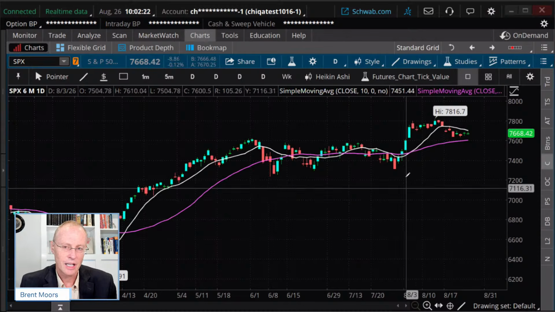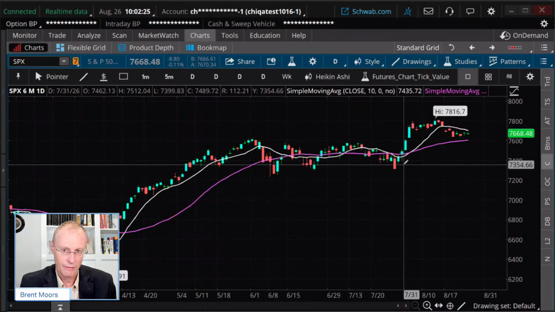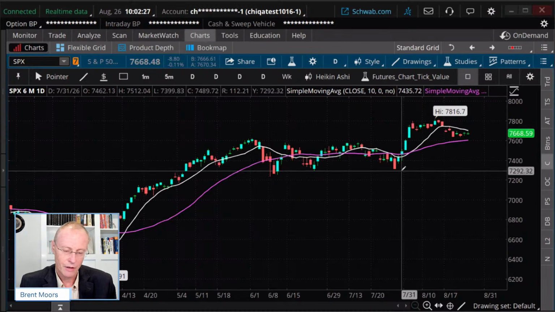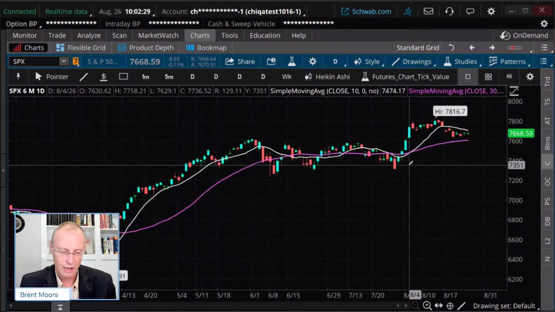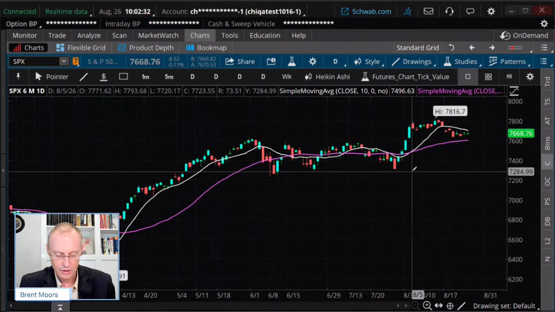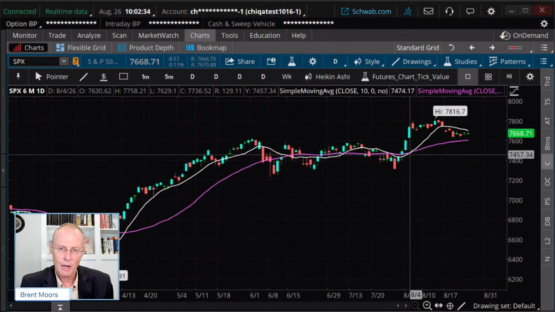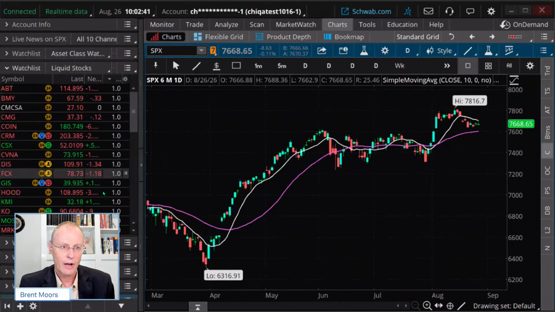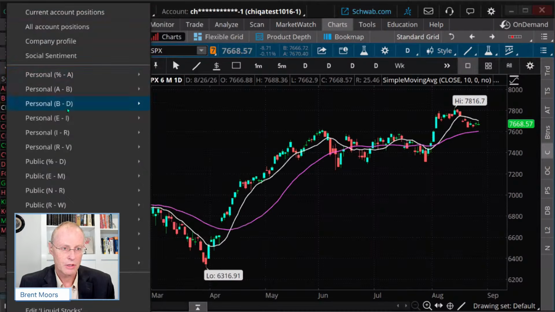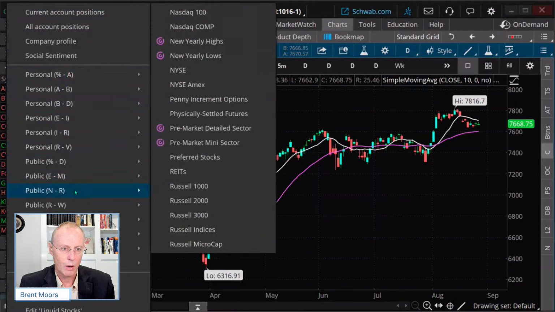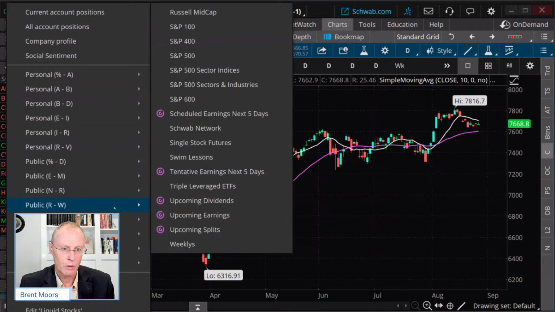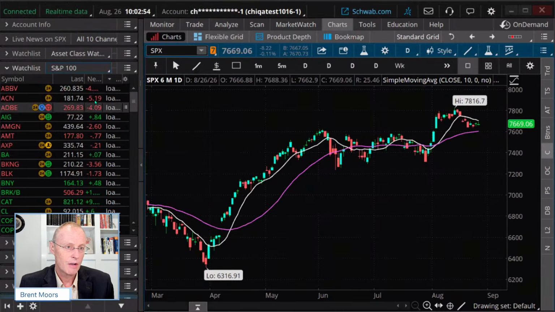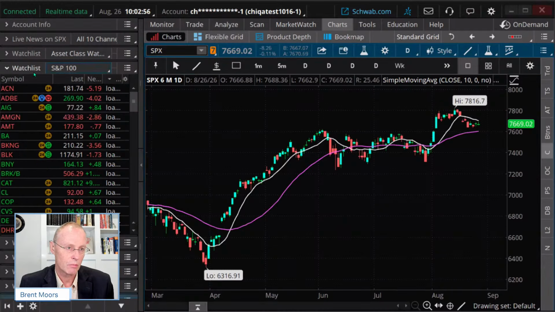Here on this chart I have today a 10 and a 30-day moving average. It's a little different. Often I use a 20 and 50. Everything I talk about, you can apply to either. But when I'm looking for potential trades, and these aren't recommendations, very often I go to a watch list. I'll start with a public watch list. You can do a public watch list or a private watch list, either way, but just realize there is a distinction between the two.